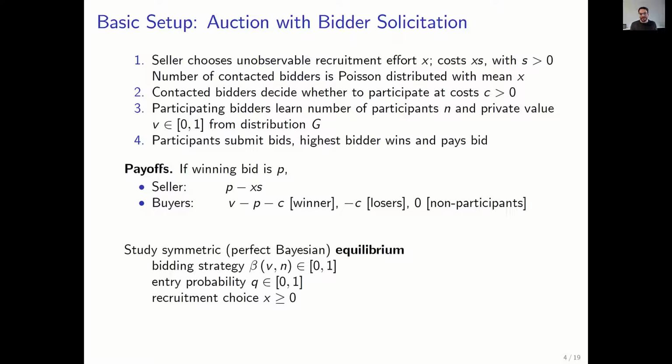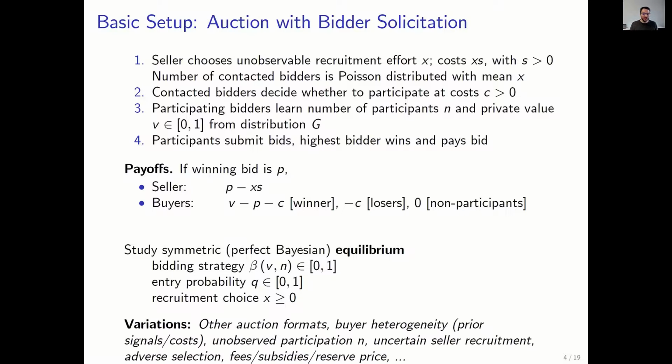And then after we've done all of this, we'll discuss a few variations. So the variations we'll discuss: we'll look at what happens with other auction formats. We'll look at settings in which buyers may be heterogeneous. Notice here, these bidders are homogeneous. At the time the bidder is called and asked, do you want to participate, yes or no, the bidder doesn't know anything. He has some expectation about the expected value, but doesn't have a private value. And all the bidders have the same entry costs.